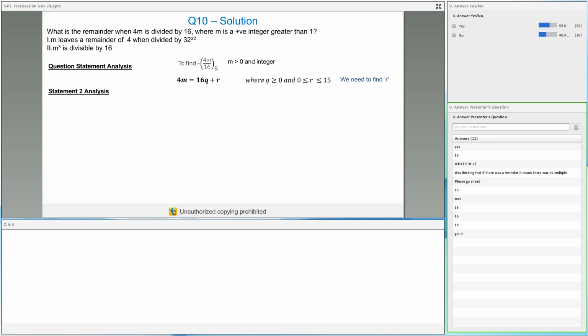Now in the second statement I have m cube is divisible by 16. I have an explanation here which I'm going to show, but let me ask you a question just to make sure you understand it clearly. If m cube is divisible by 16, how many 2's does m have? M cube is divisible by 16 means m cube has 16. But if m cube has 16, can m be a multiple of only 2? If m is say 6, is it possible that m cube will be divisible by 16? Or say if m is only 2, let me